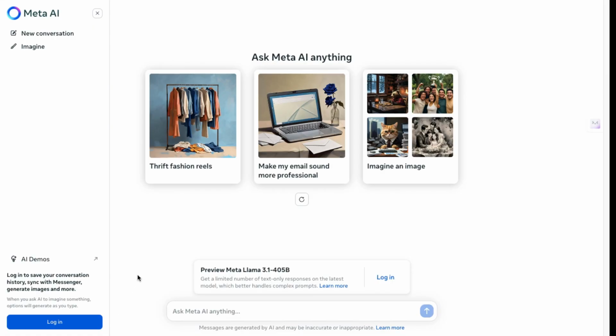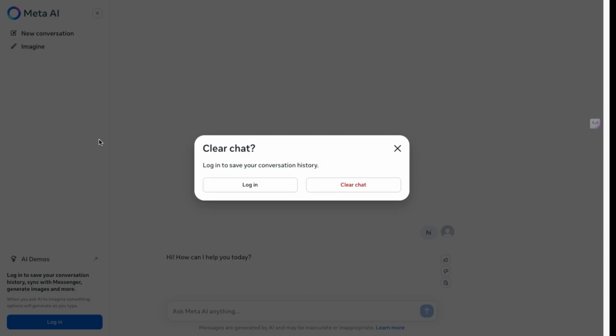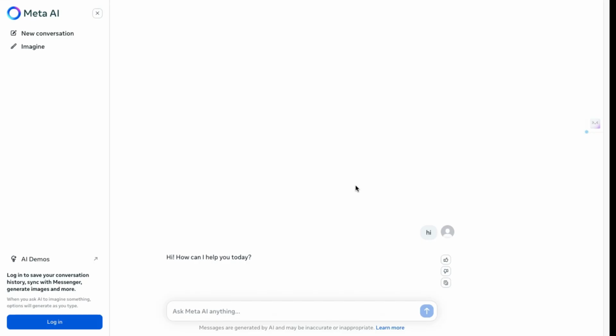One of the unique features of this software is that you don't necessarily need to sign in to use it effectively. As you can see, you have the option to log in or not. The difference between logging in and not logging in is that you can save your conversations if you log in, which might be useful for specific requests. Additionally, logging in allows you to generate images, which isn't possible without logging in.